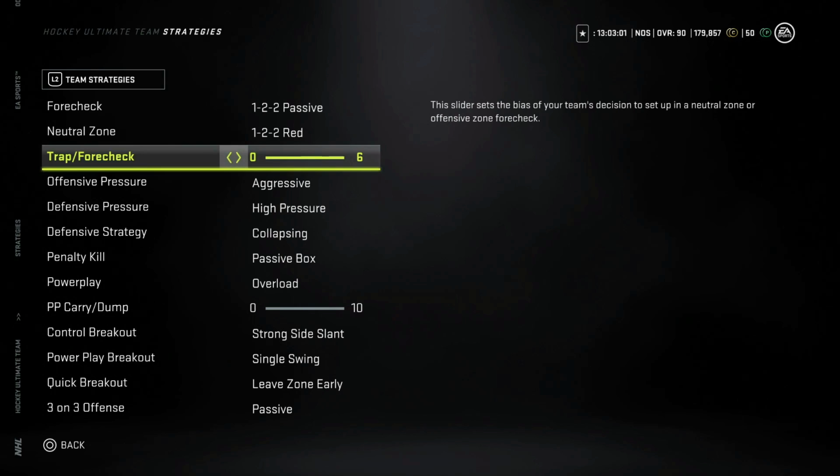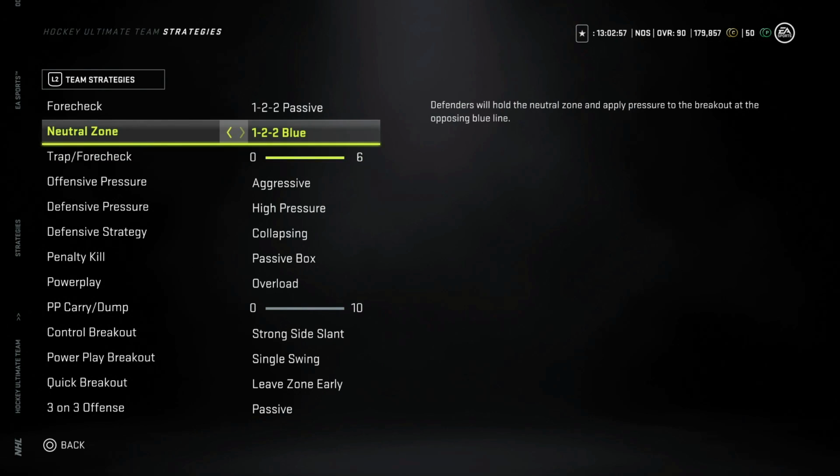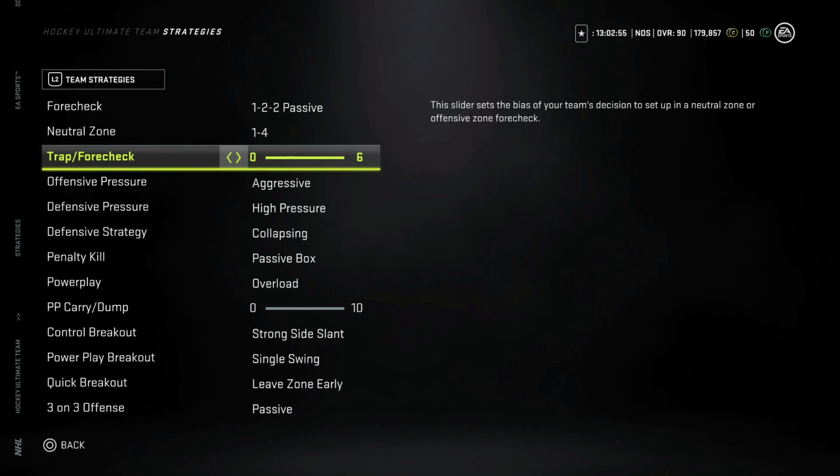Okay, the trap and forecheck. And again, this is going to depend on the opponent you are playing. If you are going to use the 1-4, do not use trap all the way to forecheck because it just kind of nullifies itself, okay? So you want to sit back and you want to basically make your stand at the blue line